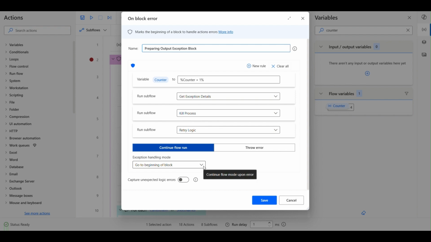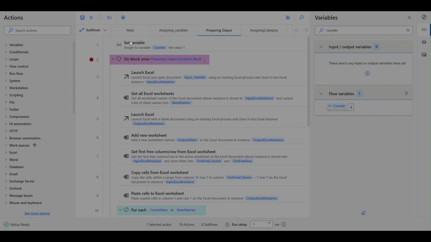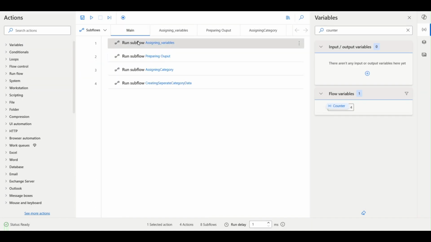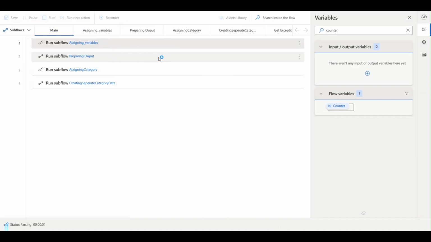I can also, so sometimes what we require is, sometimes we require to repeat the action, or sometimes we require to go to label, or sometimes we require to go to the end of the block. So if I use this go to end of the block, what this will do is, instead of coming to the beginning of the block, it will go to the end of the block. So let me just try running it from here,